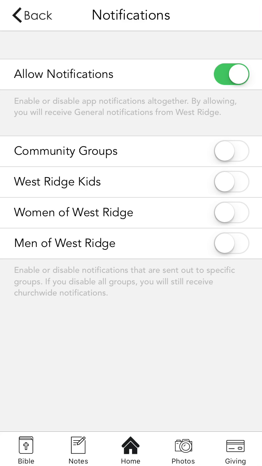You also have the ability to turn notifications off and on for specific groups in the church. So for instance, if you want to get notifications about community groups, you just toggle that on. Now, if you have that off, you'll still get notifications that go out to the whole church. But if the church sends a notification out specifically to community groups, only people that have this toggled on will